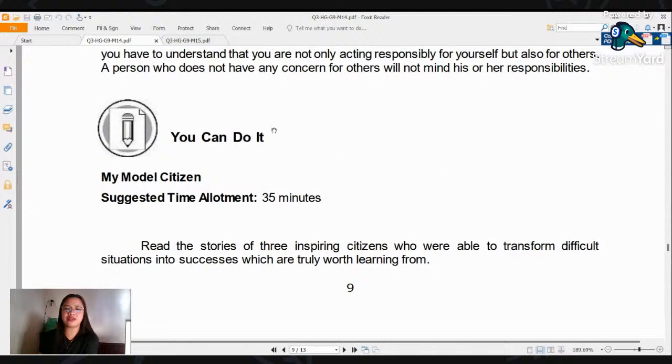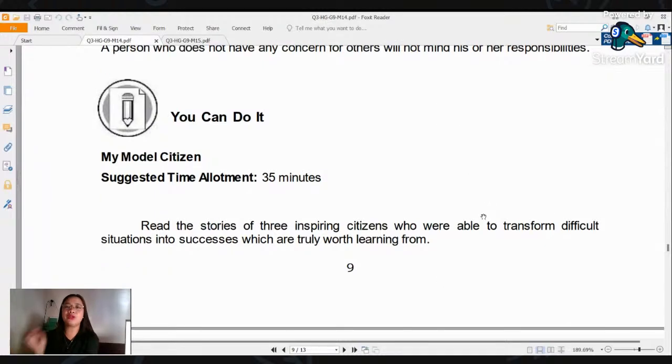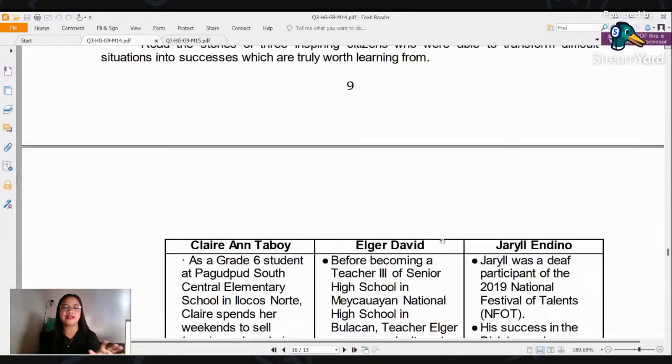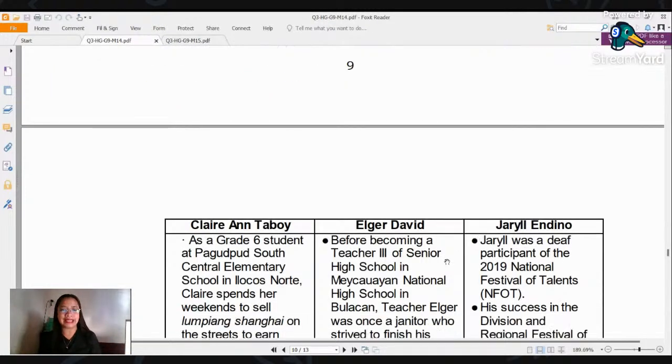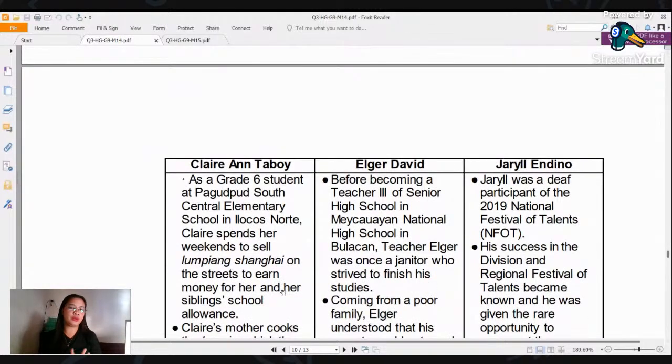Next activity is you're going to write, you can do it in your PowerPoint presentation as the title of this activity. You are going to read the stories of these three inspiring citizens who were able to transform difficult situations into successes, which are truly worth learning from. Okay? So you have to take time to discover the experiences of Claire Ann Taboy, a grade 6 student from